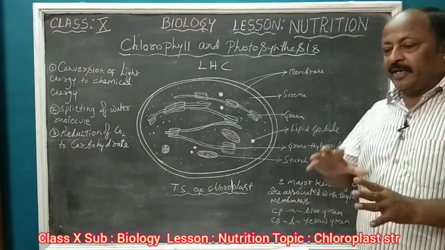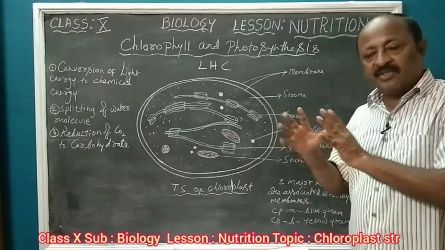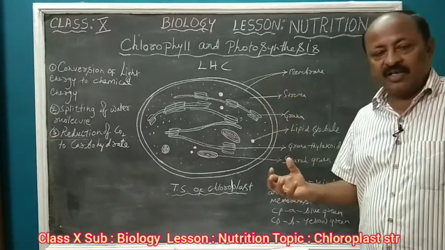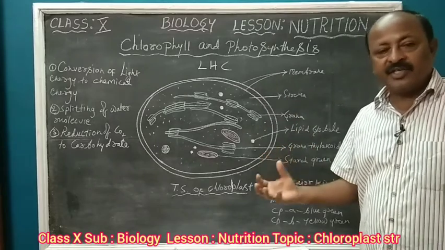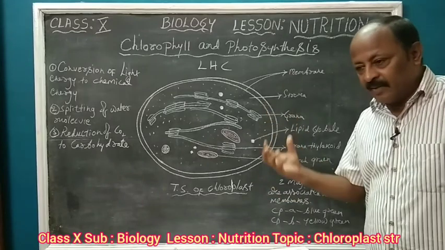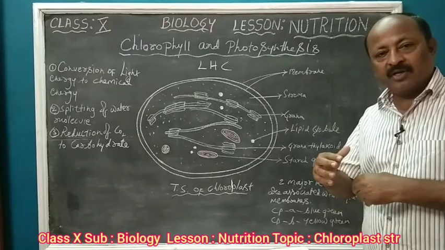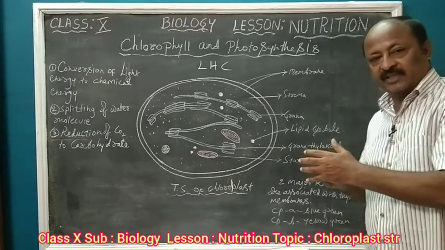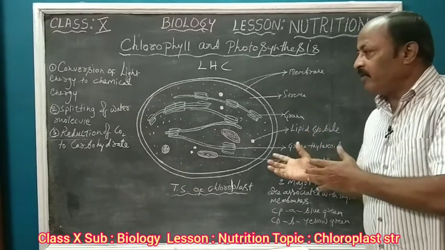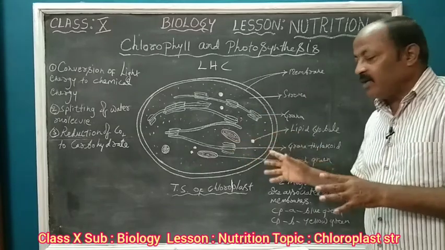So the events of photosynthesis in the chloroplast start with the absorption of light energy which helps in initiation of several events of photosynthesis. Once light is absorbed, then several events keep on occurring in photosynthesis. After that there is no need of light again. The remaining several events will occur in the dark also.